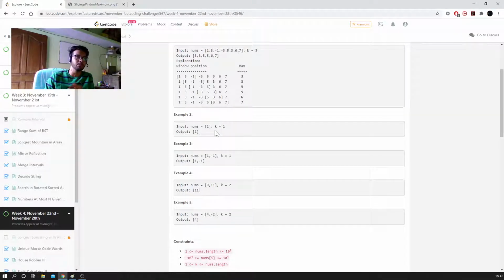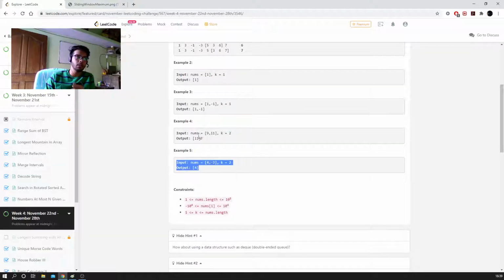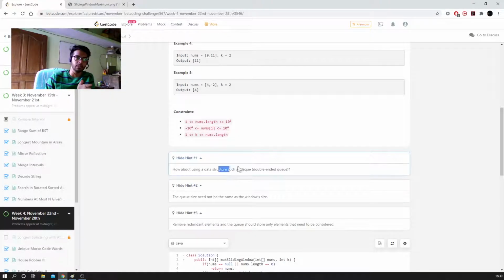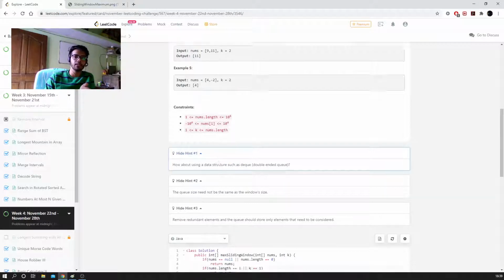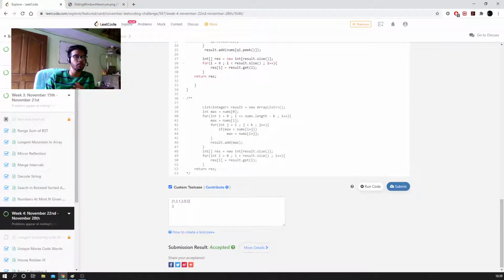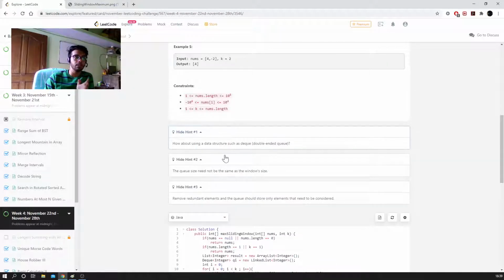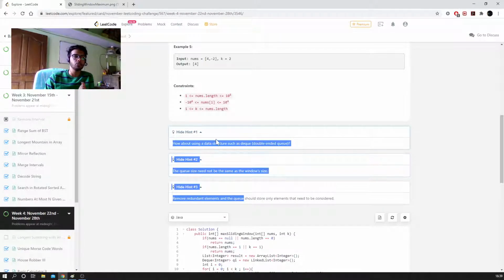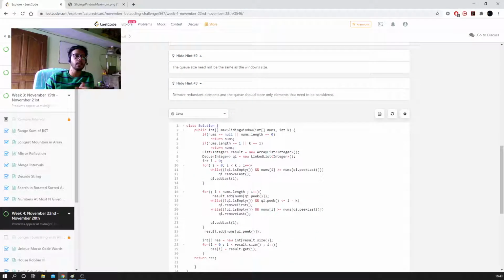If we satisfy these four cases, we satisfy the first two inputs of this problem. We have more inputs with us. For other inputs, now we need to consider each window. First, I thought of the naive approach. I'll be honest here, I didn't get the solution without the hints. I had to use the hints this time. First, I'll walk you through my naive approach, what I thought and how it could be done. I got a TLE, so I had to use the hints, and then I got the answer.